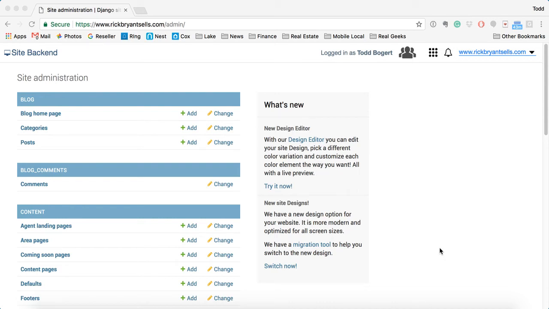So adding fields to your advanced search page, real easy. You can't do it, only support at realgeeks.com can do it. But all you need to do is go to your site's back end. So I'm using rickbryantscells.com as an example right now, but it would be